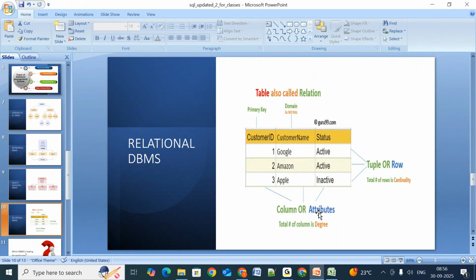Technically, if you are a technical person, this is a technical thing, so you should call it an attribute. But my personal suggestion is that in the interview we are okay with anything. We design interview questions in a way that we are okay if they give either row or attribute as an answer.